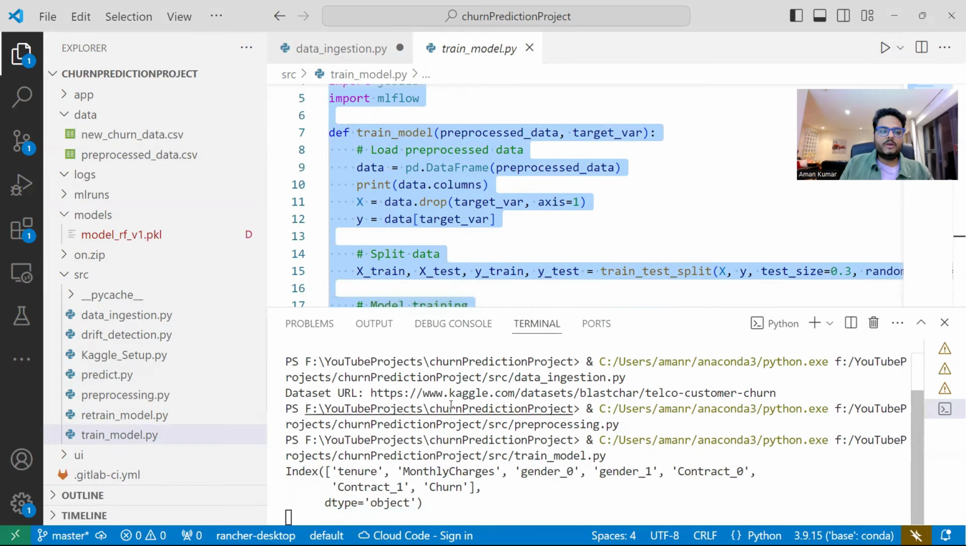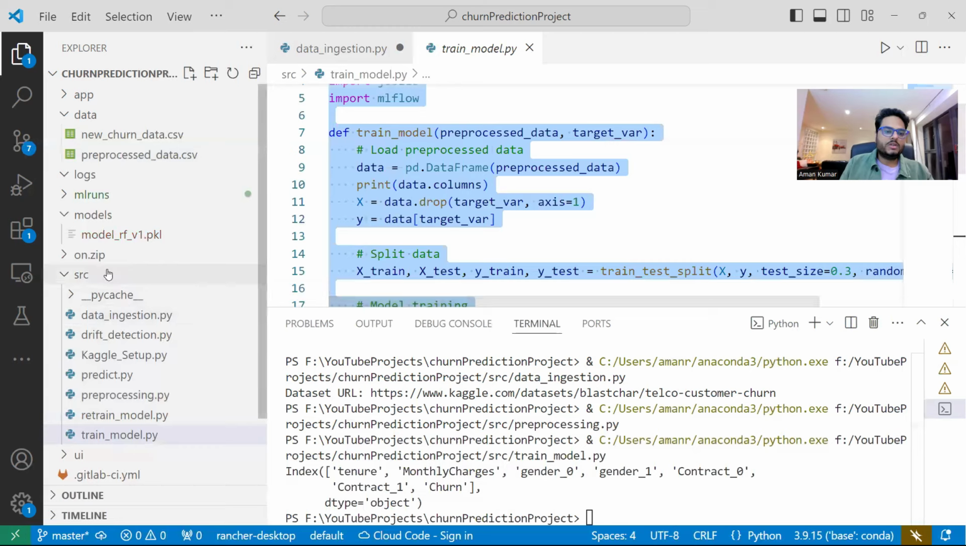So the model is running now, and in the model folder, I should see a new model. As you can see, I had deleted this. Now a new model has come. So going back to our